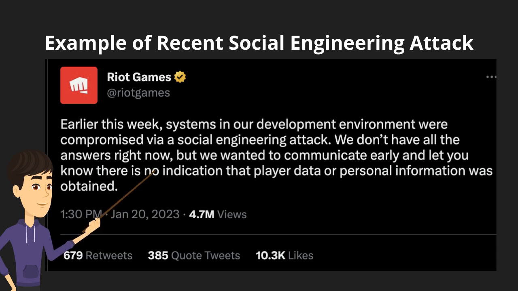Unfortunately, this attack has had consequences for the company. The exposure of the source code increased the likelihood of new cheats emerging, which has delayed their ability to release new content. As a result, Riot Games had to prioritize deploying fixes to their anti-cheat system as quickly as possible. Currently, Riot Games has not released the details on the attacker's techniques.